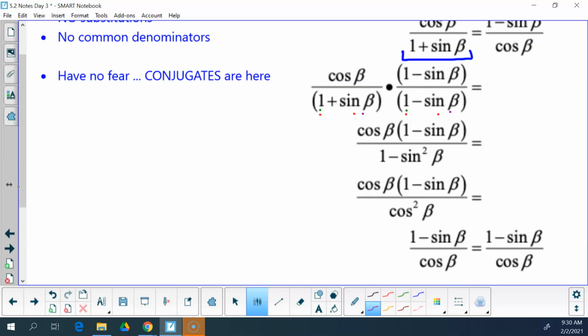Conjugates, another tool in our toolbox, along with the identities sheet, the big pink cardstock sheet